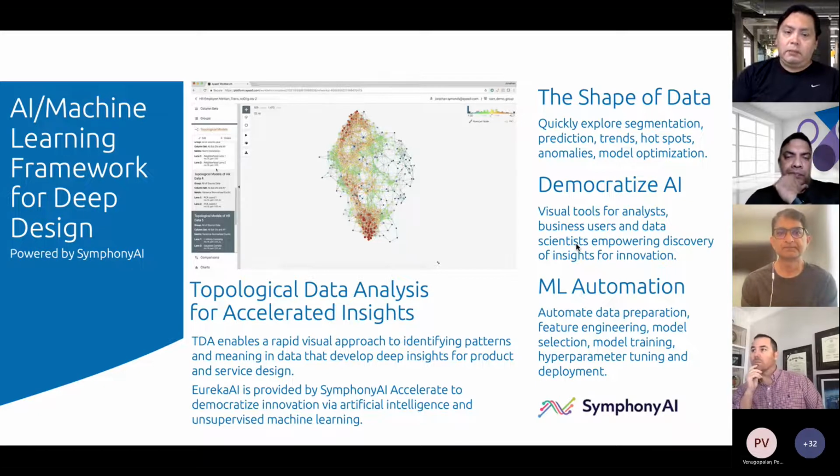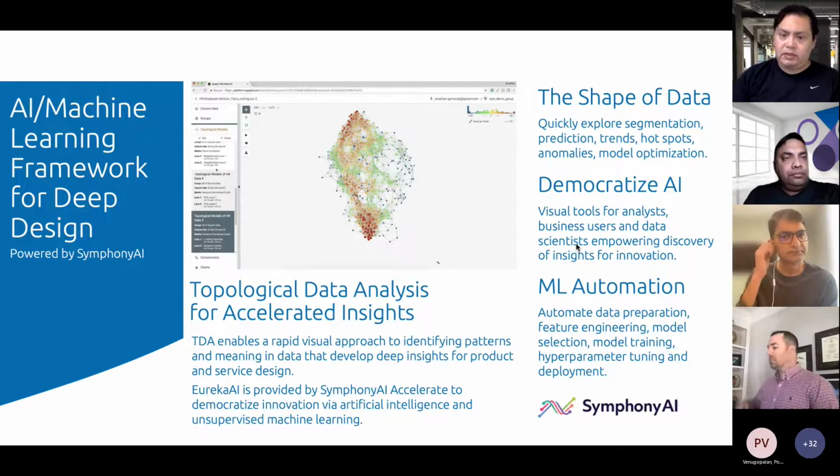Just a quick feature highlight. One of the features that we found so compelling and so novel, and so different in how they approach developing accelerated insights, is something called topological data analysis. That's a visual way to make sense of the data, and you'll see more of that in the demos firsthand, so you can have a look for yourself. The whole idea is that this platform not only makes it faster to arrive at deep insights,